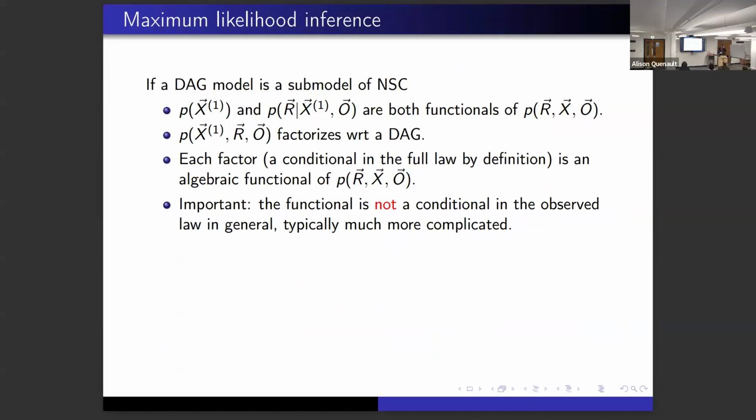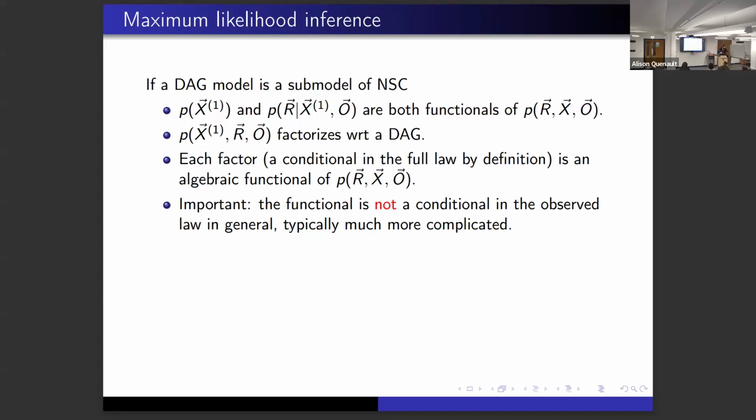Okay, so if we are in the NSC, we are identified. If we are identified, we can do maximum likelihood inference. Actually, we can do maximum likelihood anyway, because you just pass it to the maximizer. Maximizers maximize functions. They don't care if they're identified or not. The only thing that's going to happen is there are going to be many maximizers, and you're going to have a big region. If you're in the business of learning about parameters, maybe that won't be so helpful. But if you are identified, there's a single global maximum, and provided that you know how to deal with non-convex problems, you will hopefully find it.